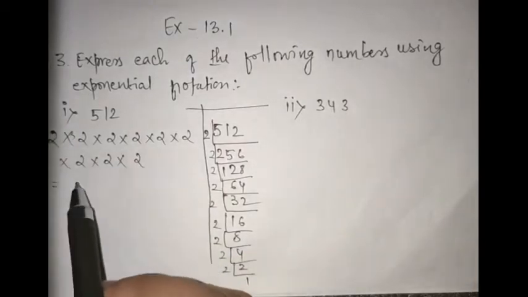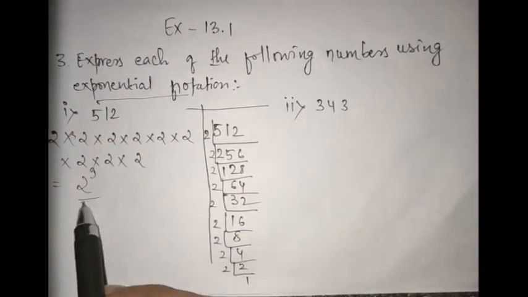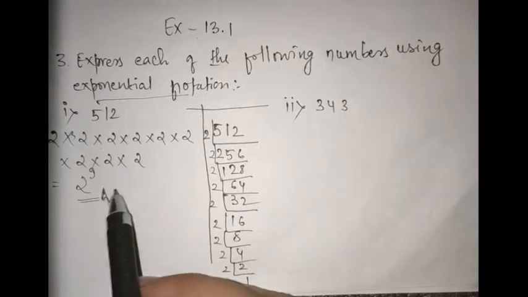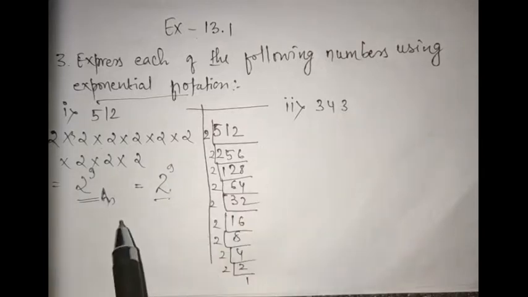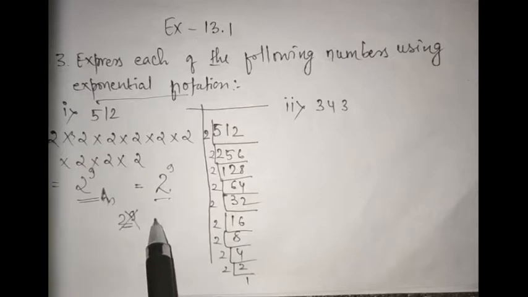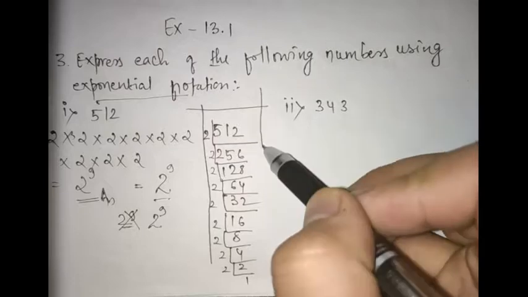If you have to write this in the exponential notation, this is your exponential notation, 2 to the power 9, right? If you are not clear, I am writing this answer again. 2 is your base here and 9 will be your exponent, 2 to the power 9. Many of the students are still writing 2 to the power 9 in a wrong way. Don't do this, because most examiners will get confused. Write the base bigger and the exponent smaller, on the head. So 2 to the power 9.